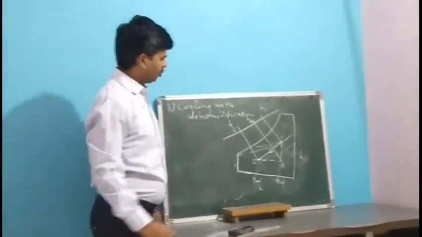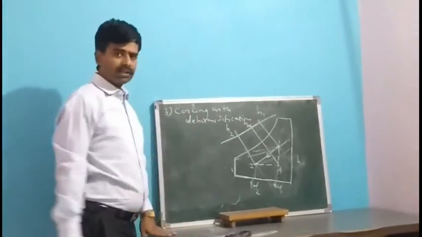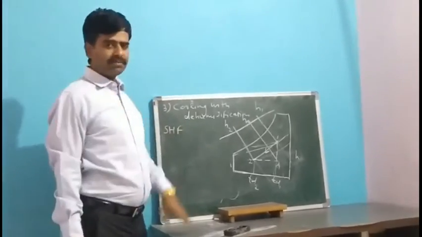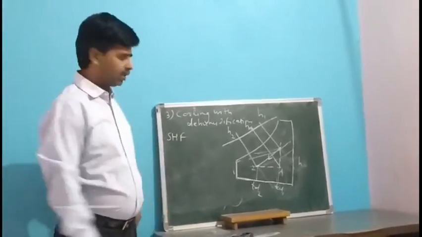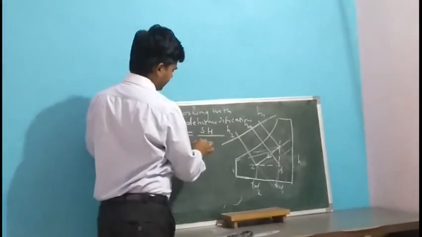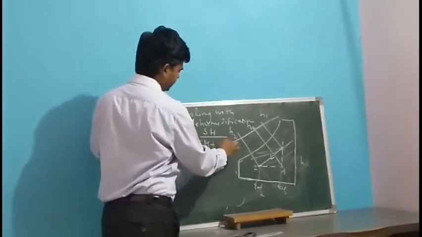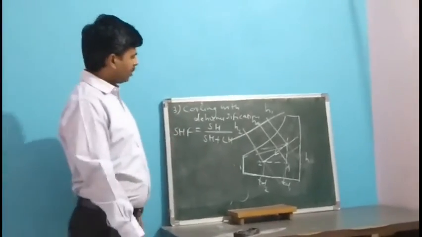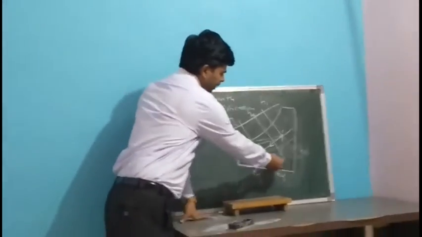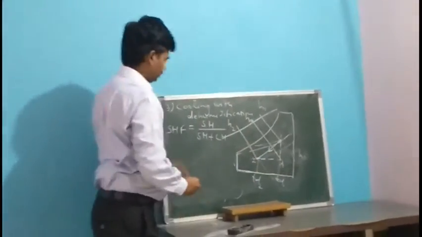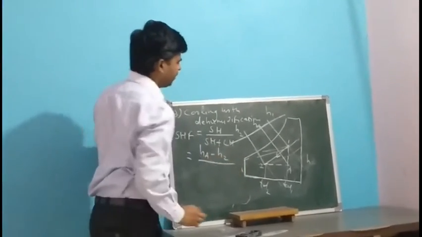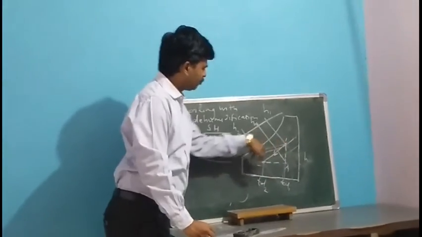Before we go for the capacity, we can determine the sensible heat factor. This is a very important term. The sensible heat factor is the ratio of sensible heat divided by sensible heat plus latent heat. Sensible heat in this case is very simple, HA minus H2, divided by H1 minus